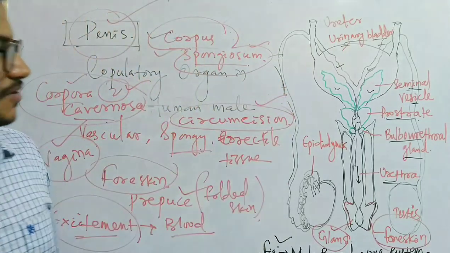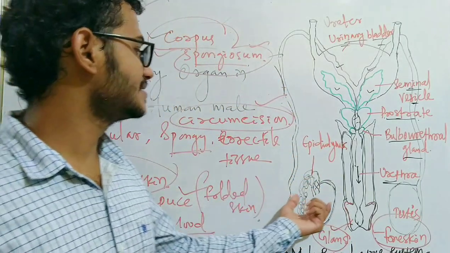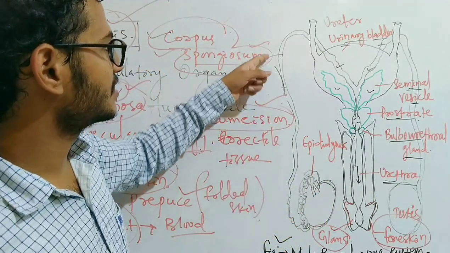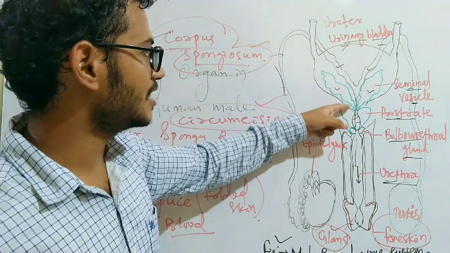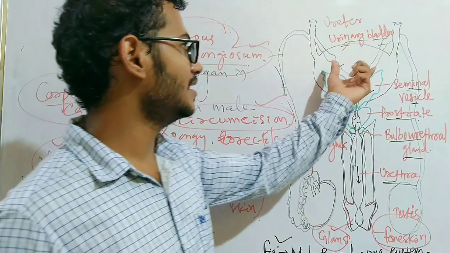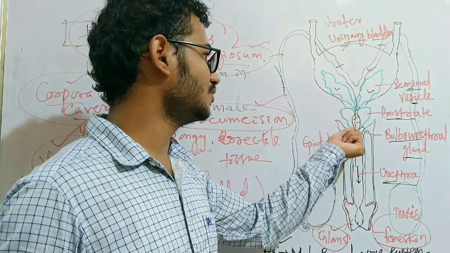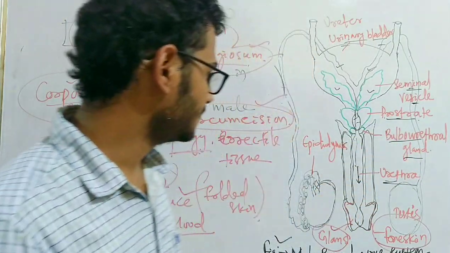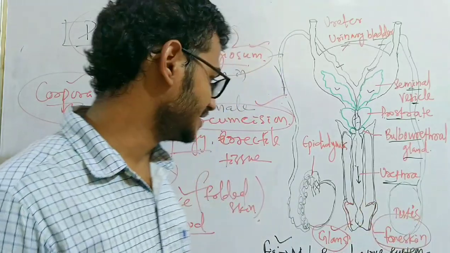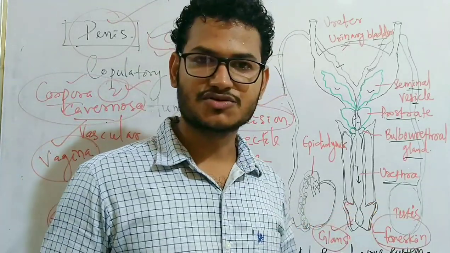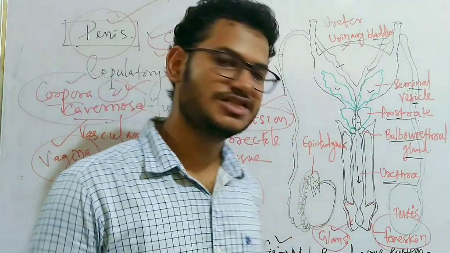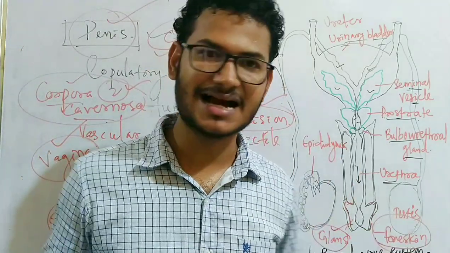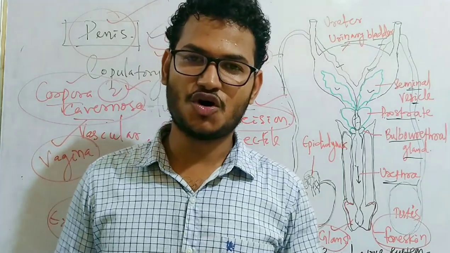So this is the structure of the male reproductive system, where we can easily see, starting from the testis, the epididymis, and through the vas deferens it enters into the ejaculatory duct. The seminal vesicle opens into it, the prostate opens into it, and the bulbourethral gland also gives its secretion, which helps in lubricating the tip of the penis or the glans penis during sexual intercourse. This is the detailed structure of the male reproductive system. This diagram is there in the NCERT exactly as it is, and this is all in this session.